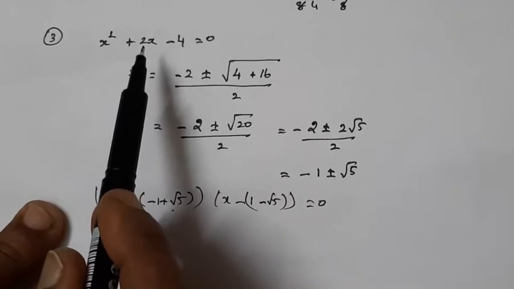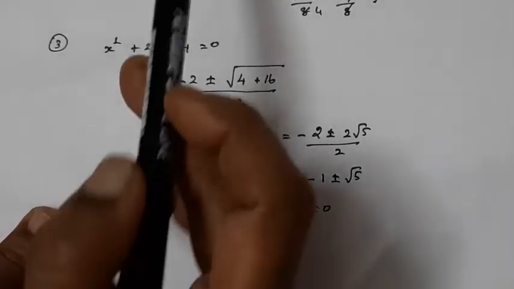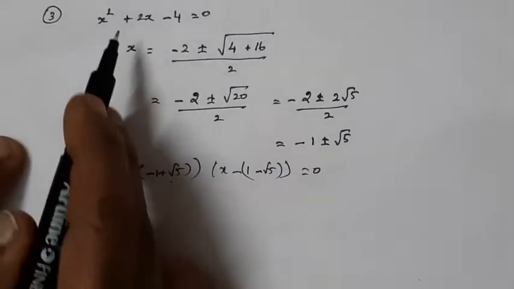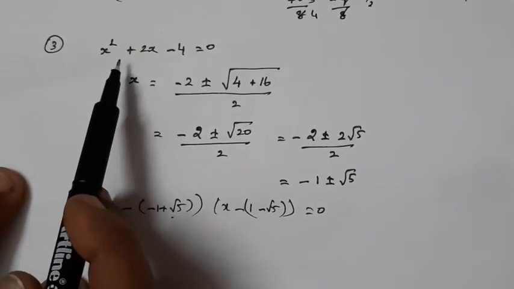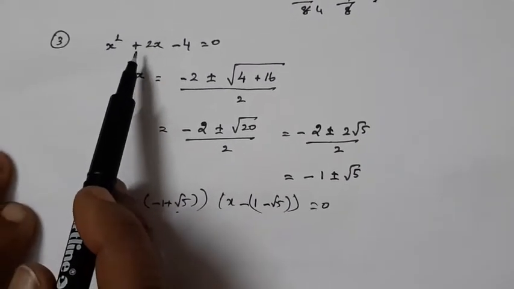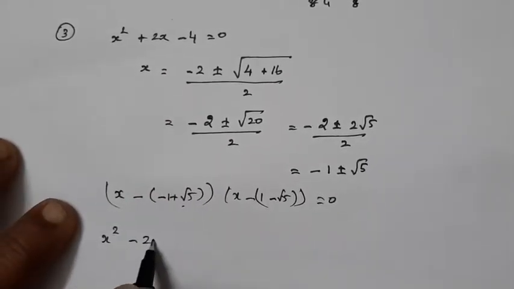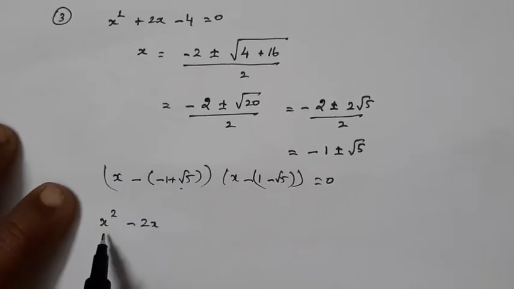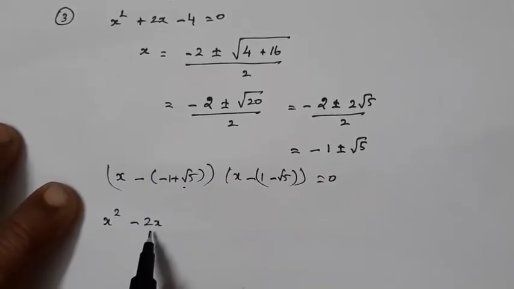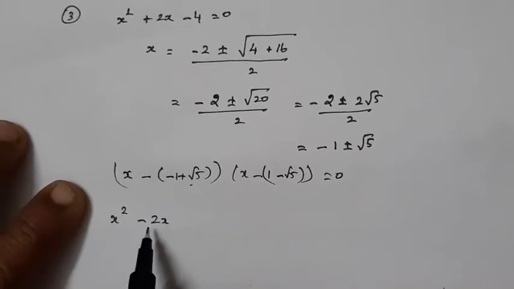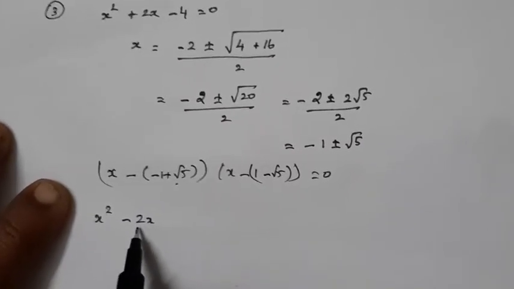So when we use the completing the square method, we will get such an equation. Okay, partly factored. Now look at this. We are going to take this equation and solve it by using the completing the square method. That means x squared minus 2x. If you take this as a squared plus 2ab, you have to find out the value of b, and then what would be the value of b? By taking the coefficient of x and dividing by 2.